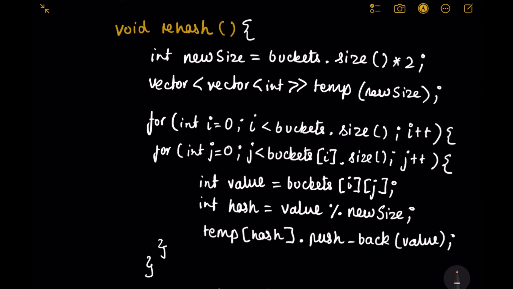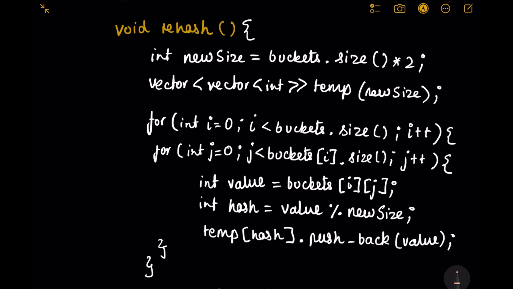Now we have already discussed that while inserting, we check the threshold. If the threshold has been breached, we do processing known as rehashing. So before moving to the insert method, let's discuss a helper function, rehash. This rehash helper function will be called by the insert method if the threshold has been breached. So it'll be easier to first understand this rehash method and then move to insertion, because that would make insertion